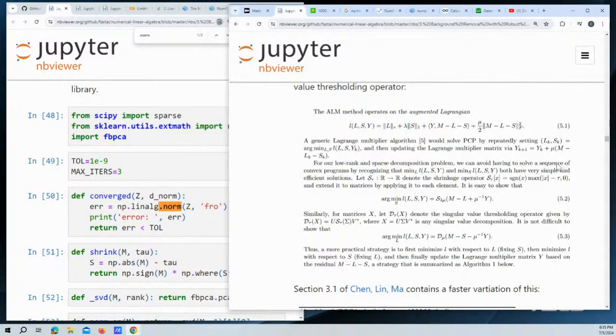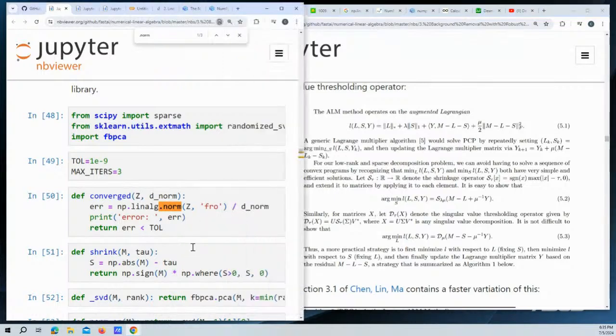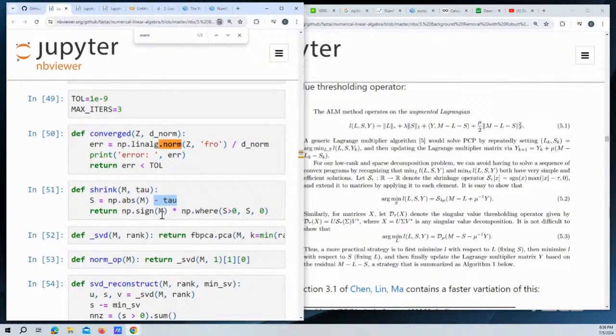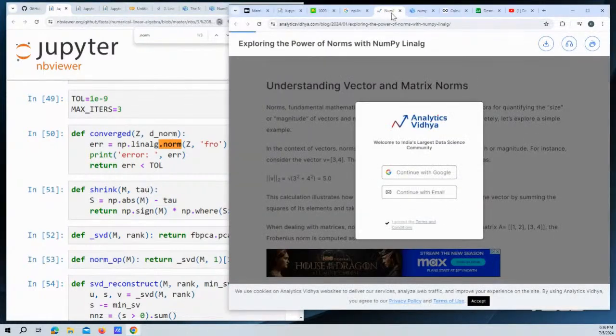Avoid having to solve a sequence of convex problems. Recognizing this. They keep saying it's easy to show, but I would question what you mean by easy to show. So here they take the absolute value of m and they subtract tau, and they get the NP sign. Let's pull back up the